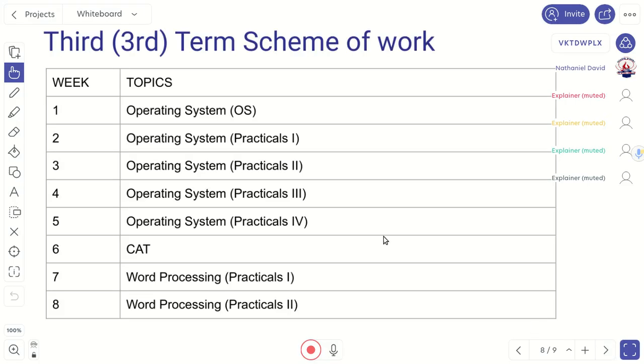All right. For the term, first term, third term scheme of work. So, week one, we will be looking at operating system. We'll be going into the various integral parts and components that make up a computer operating system. We'll also be understanding what the system is all about in week one. We'll also be looking at the various functions of an operating system, the various examples of an operating system,